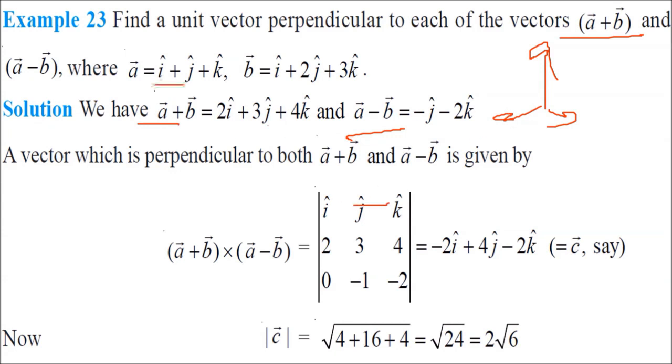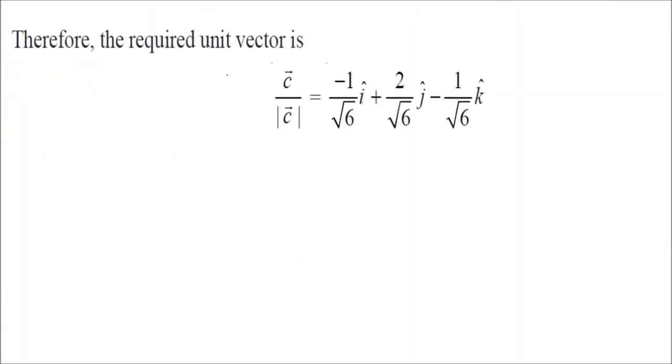i, j, k, take the coefficient of i, j, k here, or you can say the component of a and the component of b, and just say it is the value like this. And 2 square plus 4 square plus minus 2 whole square, this will be your value. This will be your unit vector. But the unit vector has not yet been computed, because this, when divided by the magnitude, then gives the unit vector. Unit vector is always the vector divided by the magnitude.